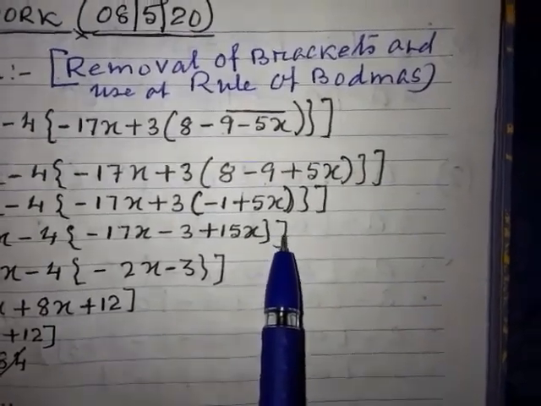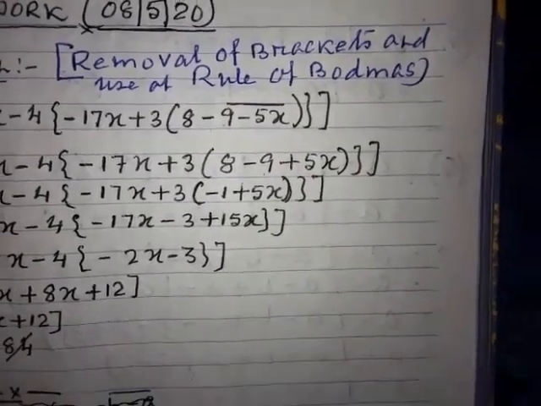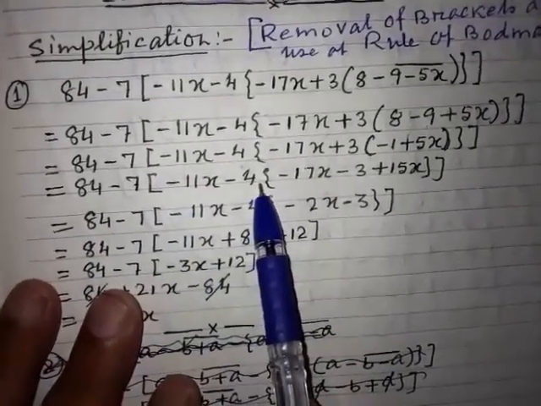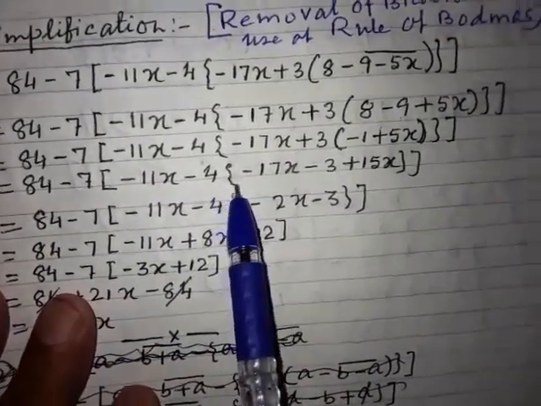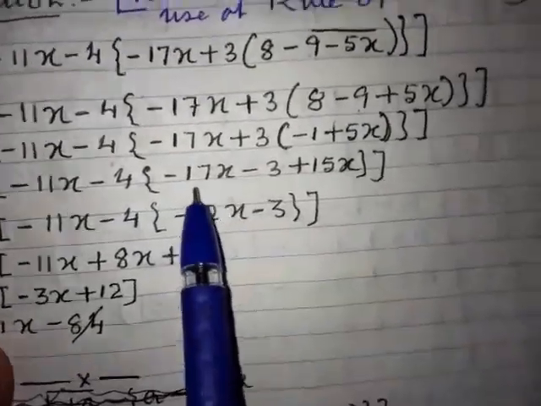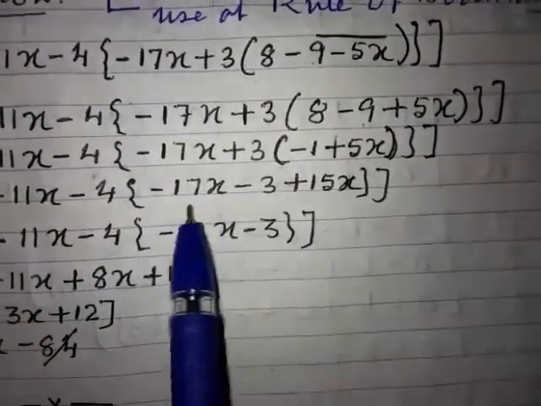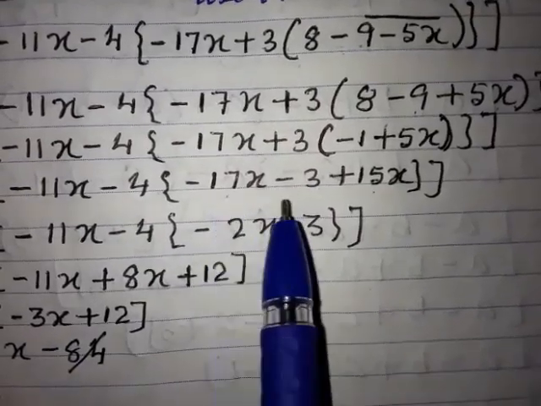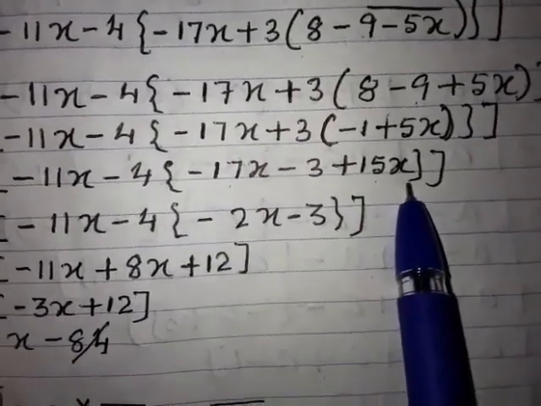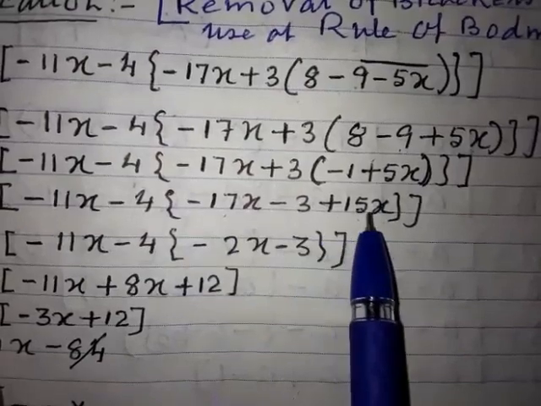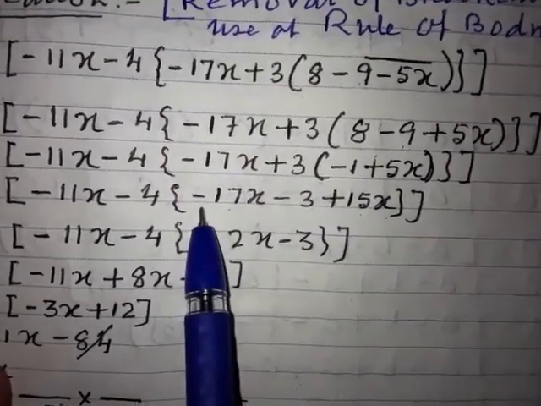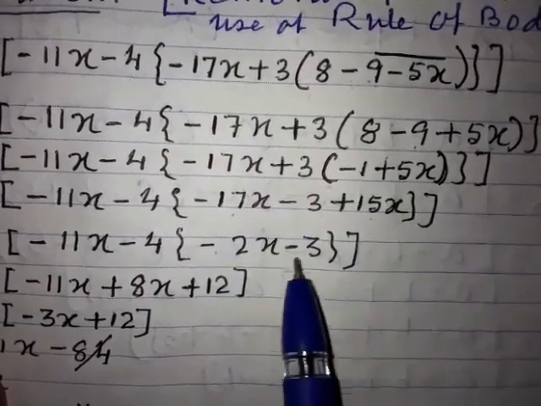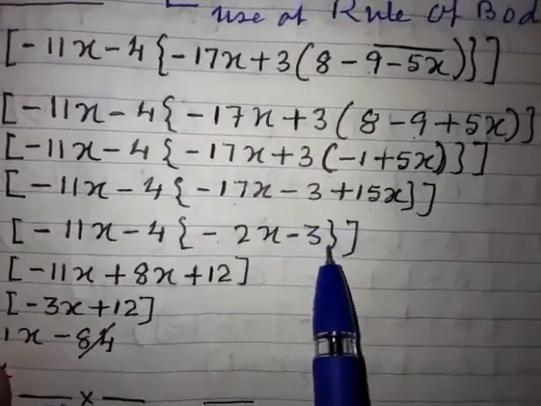Now, we are going to do the calculation of the second bracket. Whenever you are going to do the calculation of the second bracket, whatever other things are there, I kept them as they are. What I have done here, you can see, is all the second bracket. Here I am going to do the calculation of the second bracket. What I did here, 17x and 15x, these are like terms. One is having a minus sign, one is having a plus sign. So, before the bigger number the minus sign is there, so I put the minus sign. 17 minus 15, 2x comes, and it comes as it is.